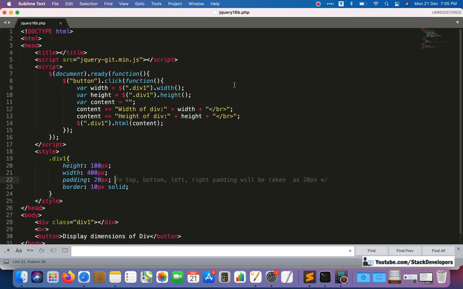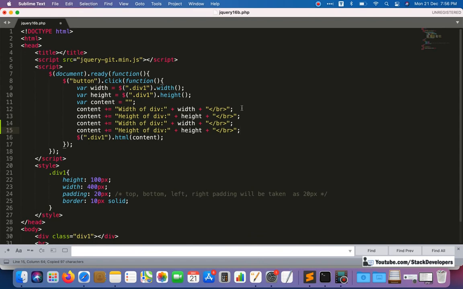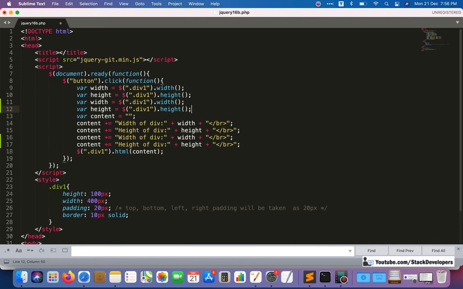In this one I am going to copy these two, and this one also I am going to copy. Now I'm going to do one thing: inner width, inner height, and we use them as methods, inner width, inner height,